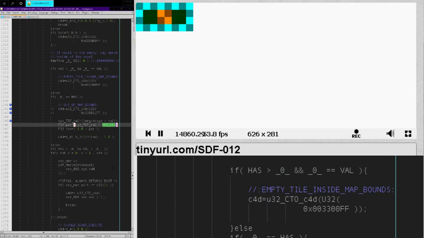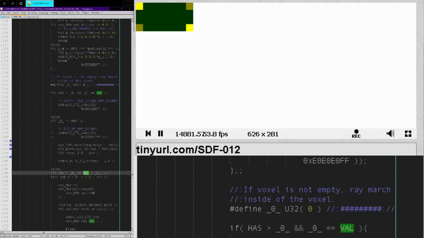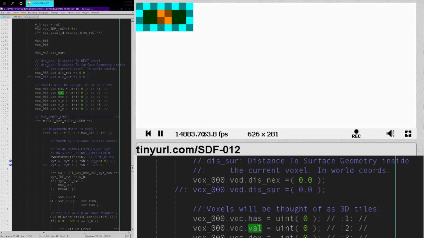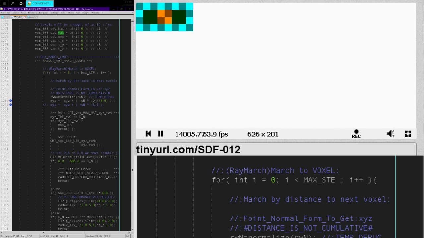It's basically saying that we have done one little march, and then we gave up, is what that kind of means, right? And so now the question is, well, why is it just giving up? And we got to figure that out. So this value here, value is the value of the voxel,